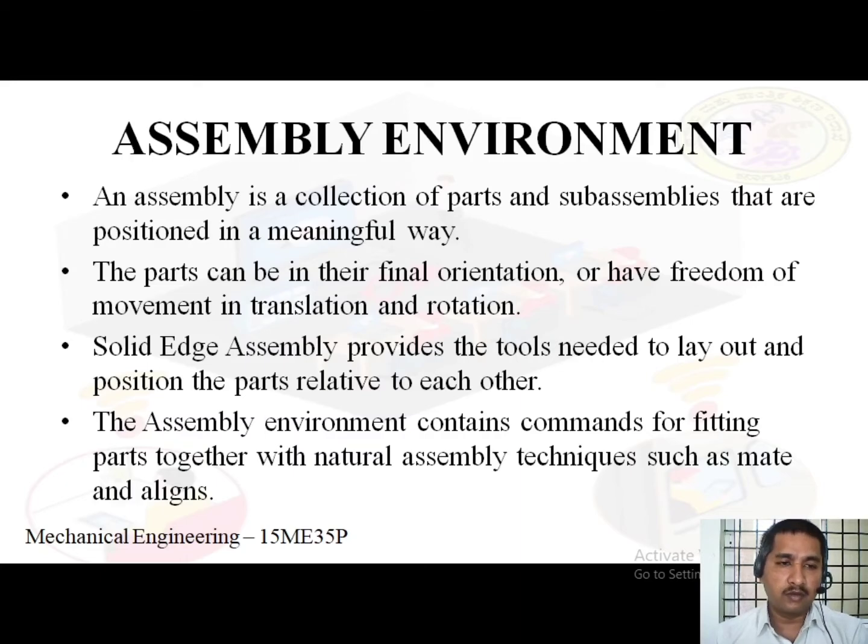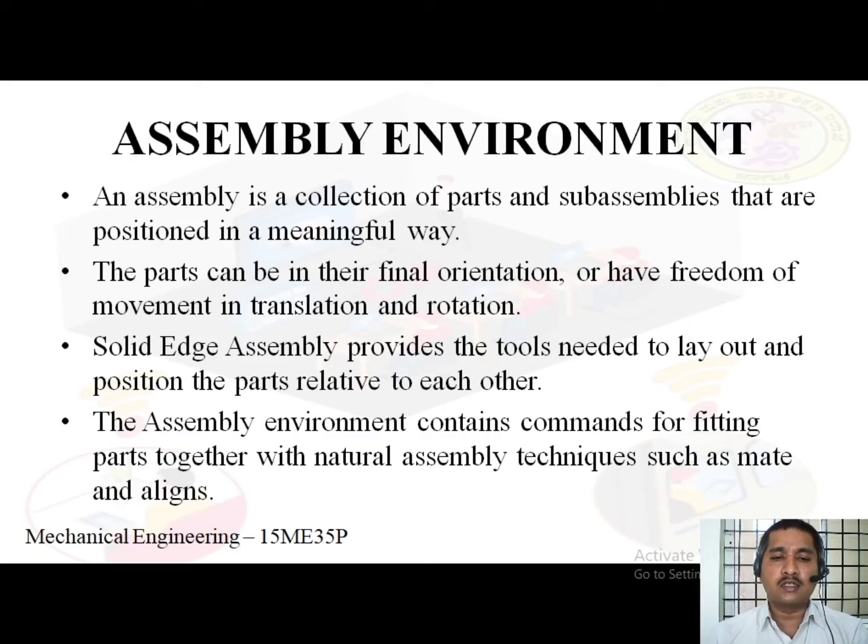Assembly environment. An assembly is a collection of parts and sub-assemblies that are positioned in a meaningful way. The parts can be in their final orientation or have a freedom of movement in translation and rotation.